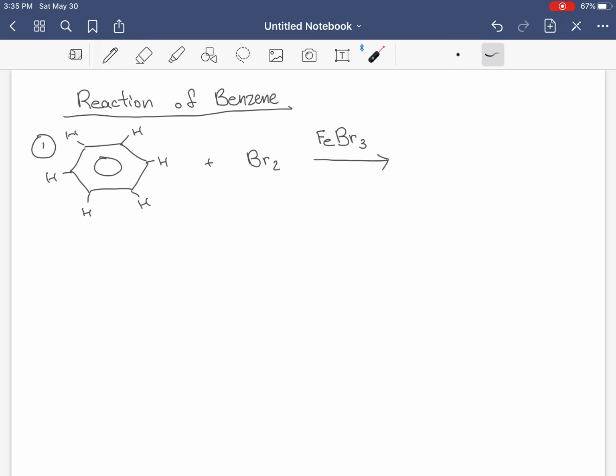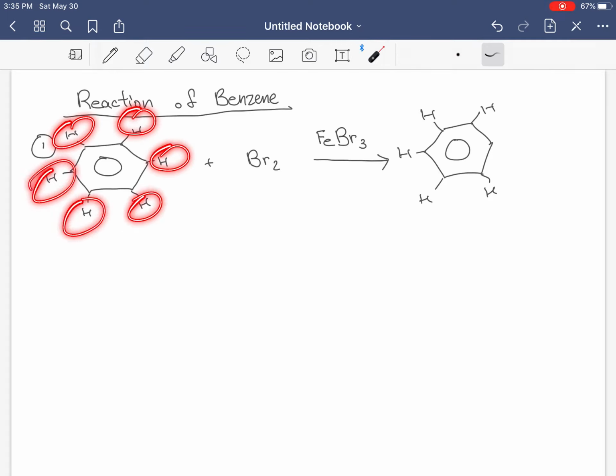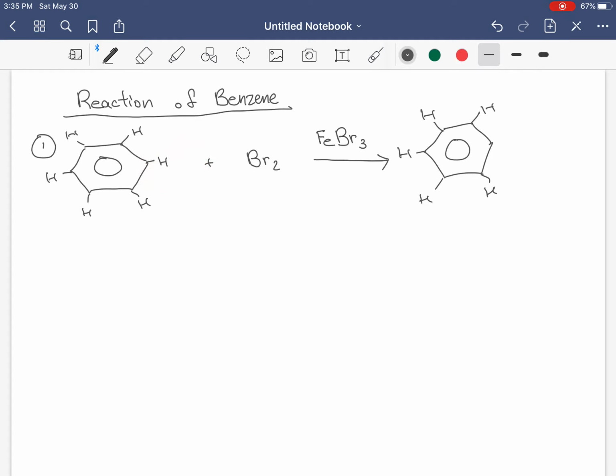Nobody said that. Okay? But what you're guaranteed is that at the end of this reaction, you'll still have this compound. Okay? Alright, let's continue on. It's actually a substitution reaction, where any of these hydrogens can be substituted. Any of these guys can be substituted. I'm going to say this guy is going to get substituted. And what you're going to have here is a bromobenzene plus HBr.